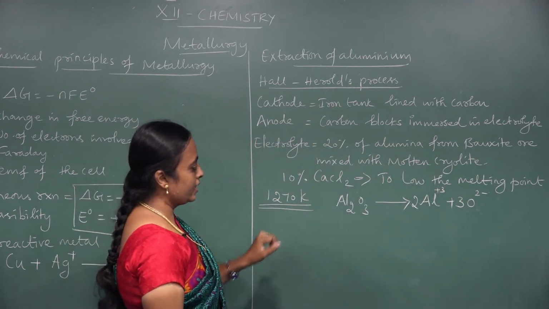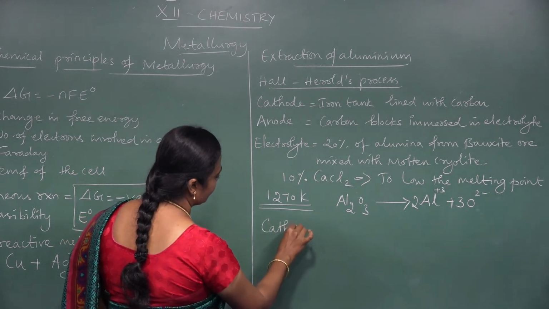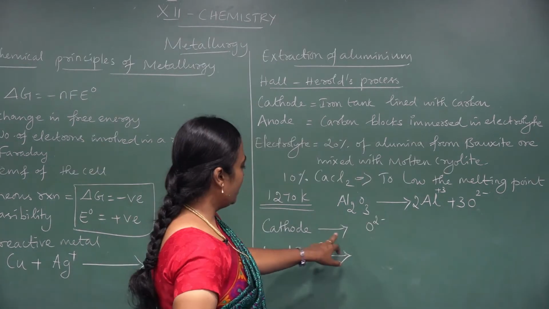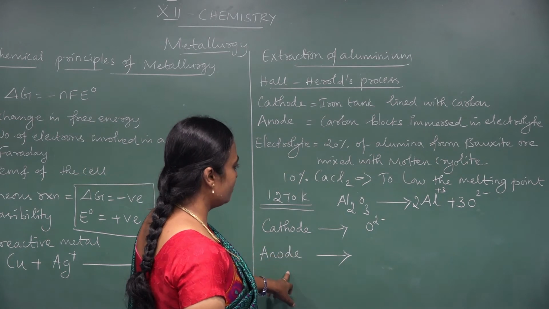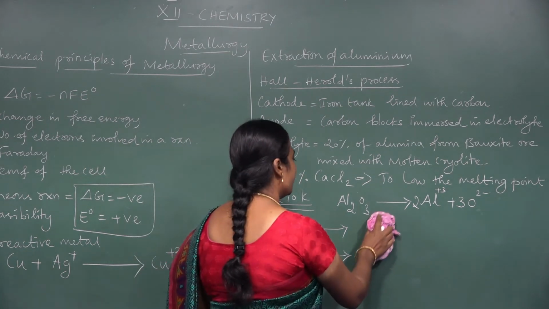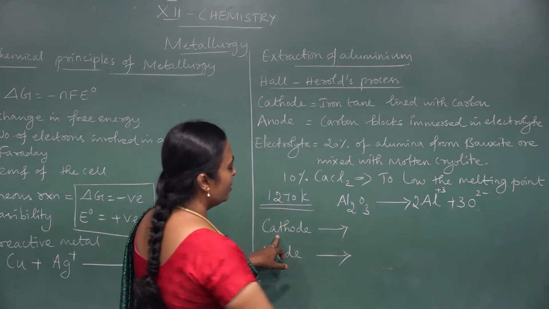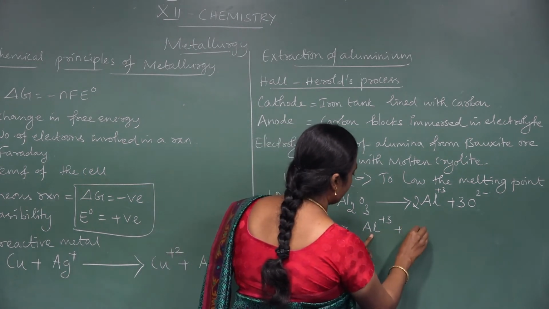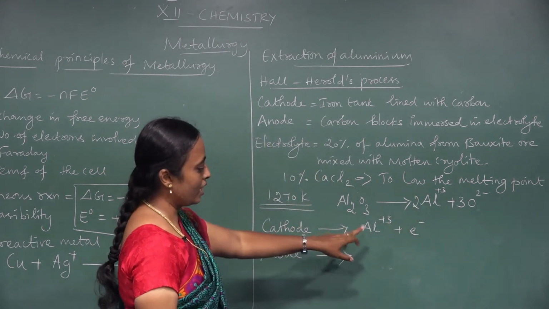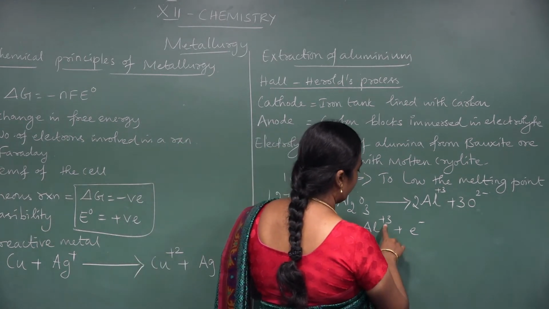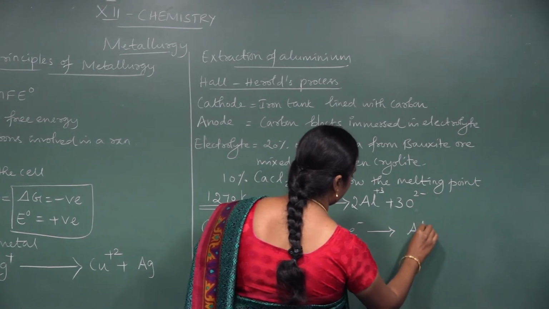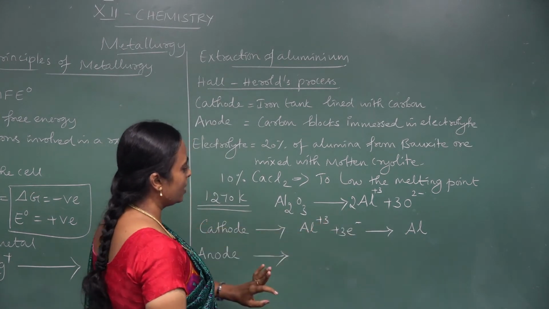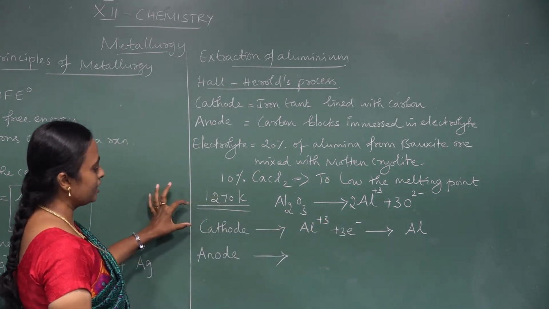So now what is the reaction occurring at cathode and anode? Usually taking cathode, reduction will be possible. If it is reduction, we have to take aluminium Al3+, so there will be addition of electrons, because for reduction you have to add electrons. So this aluminium 3+, when you add electrons, becomes aluminium. So there is a transfer of 3 electrons, so I have to add 3 electrons to get it converted into aluminium, and the aluminium is going to be deposited at the cathode.